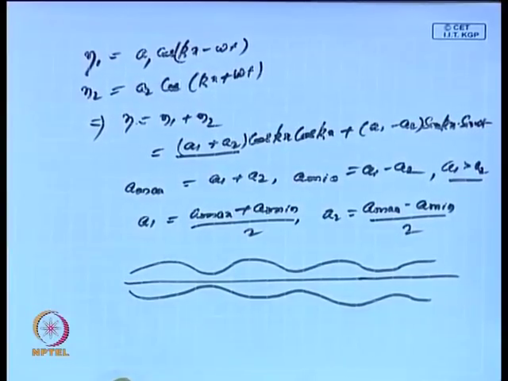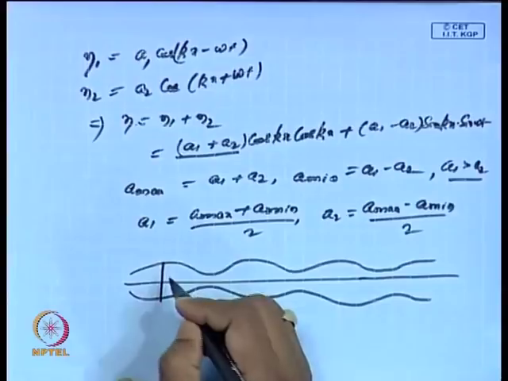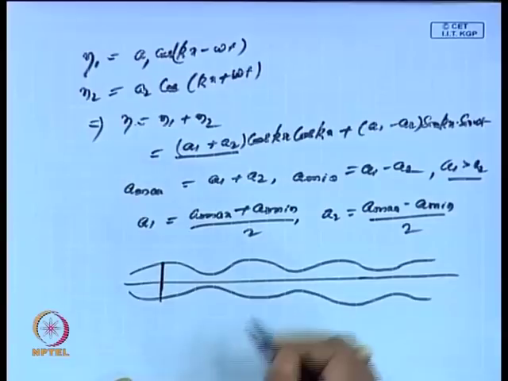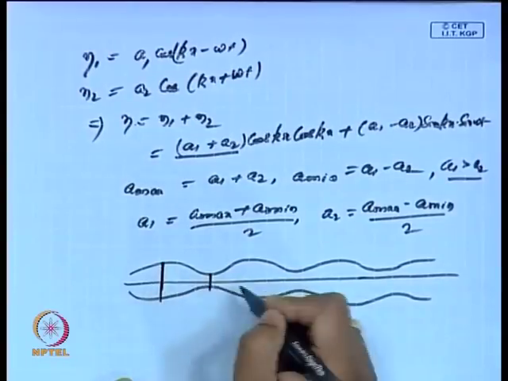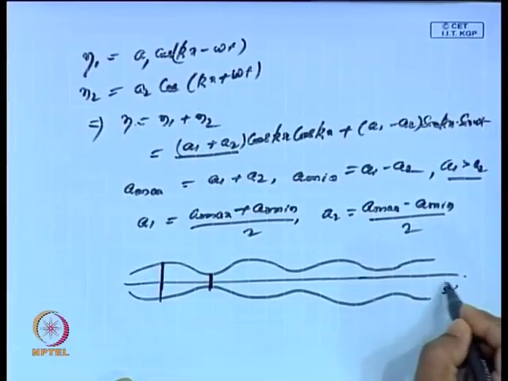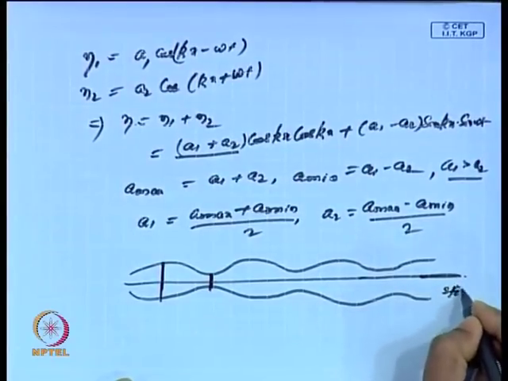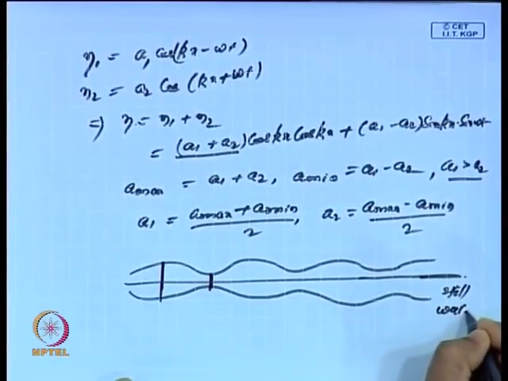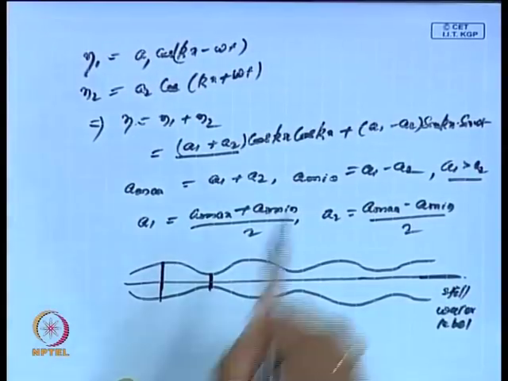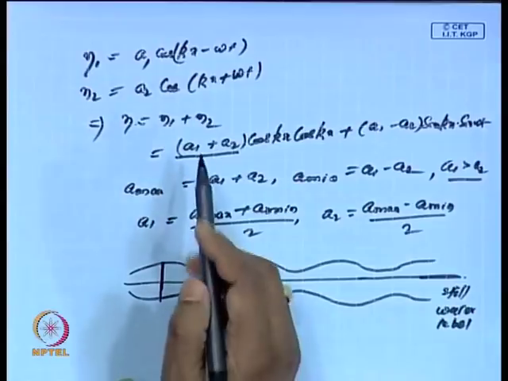So, this is the way the wave will propagate. This will give us the maximum amplitude here, and at this point it will be the minimum amplitude, whereas this line is the still water level. What often happens when you look at the tank: initially you have a wave